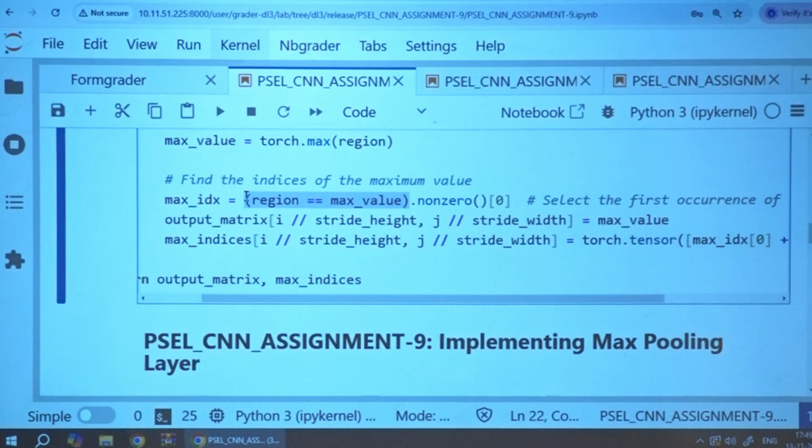From this Boolean matrix, the nonzero method will return the index positions where you have the true. You want the first occurrence. If the same values are repeated, first occurrence is sufficient. You want the index position of the first occurrence. So slicing of 0. Is it clear what it is doing?